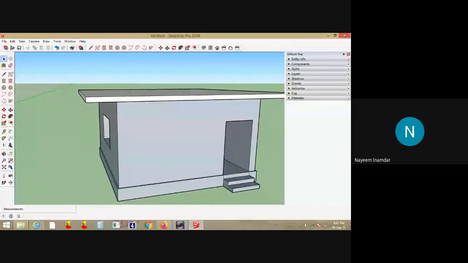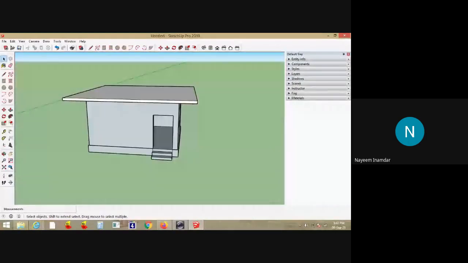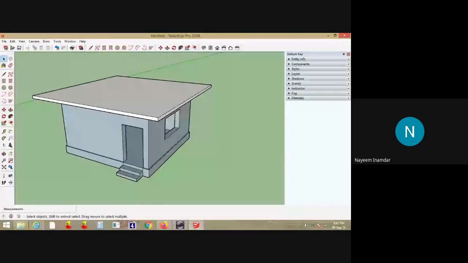You can make use of this SketchUp for any kind of buildings, any kind of high-rise buildings, different types of buildings. Not only buildings, even components also. Next in upcoming sessions, I'll tell you what components are, how to make them and all. Just this is how to make the 3 dimension. Again, a lot of things are there to furnish all these things.